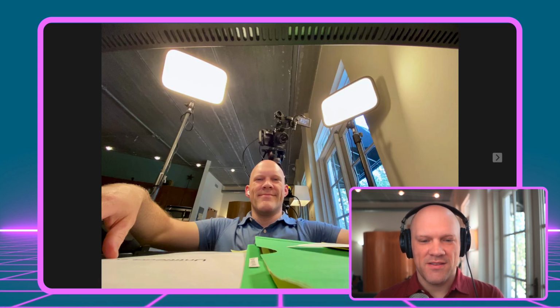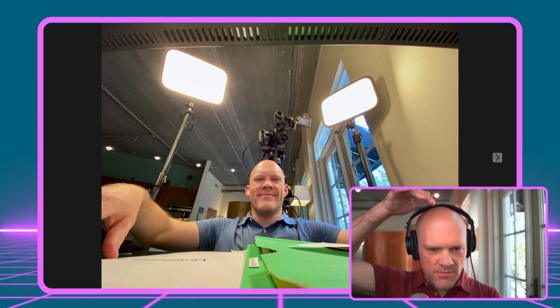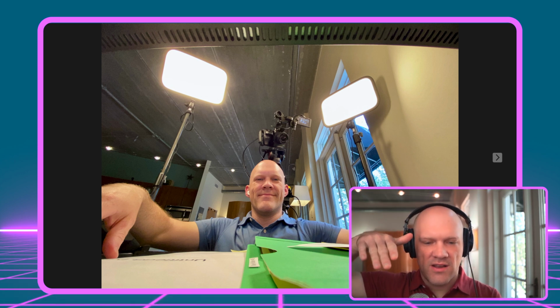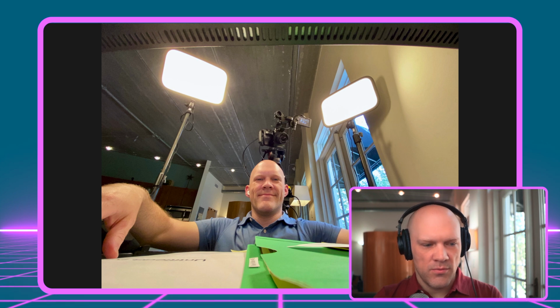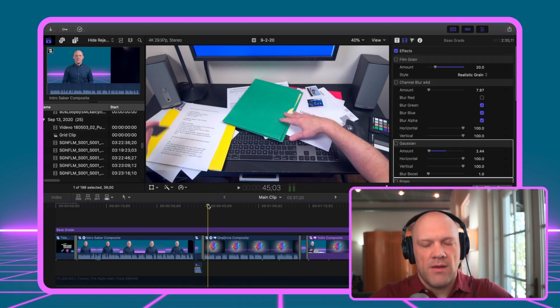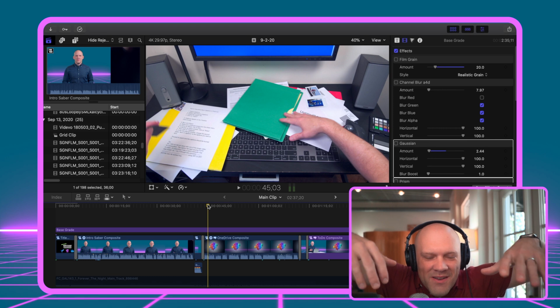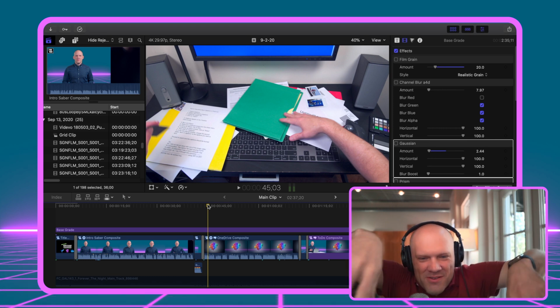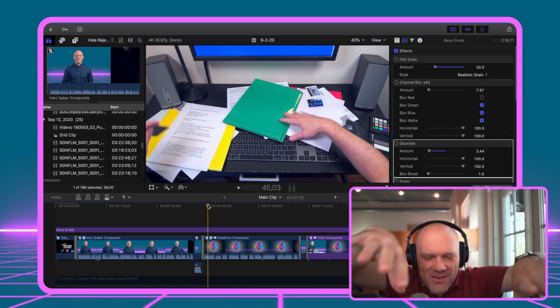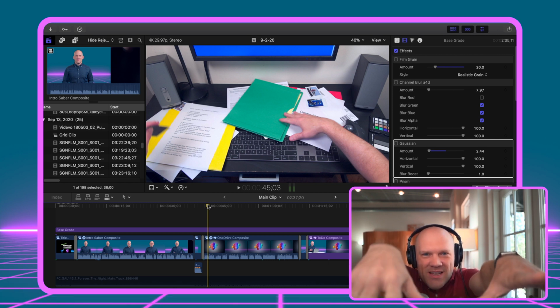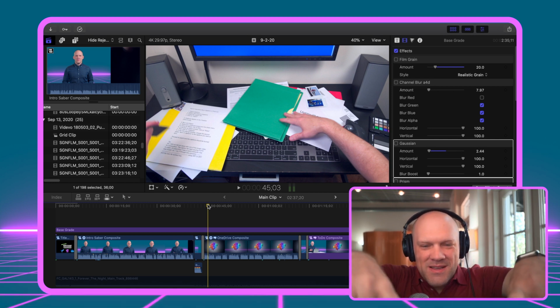This part was pretty tricky because I needed the camera to be right above me, and it's actually tilted at an angle. And I printed out these papers and I had some photos. Now the hardest thing about this too was the camera is right above me. I don't want my head sticking into the shot, showing up on the desk. In order to move the papers around, my head's low, my arms are up, and I'm trying to move the papers around but not look like a monster.